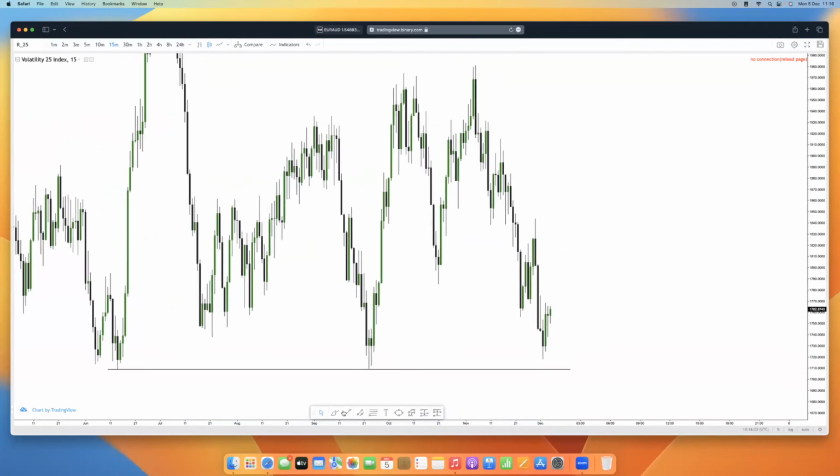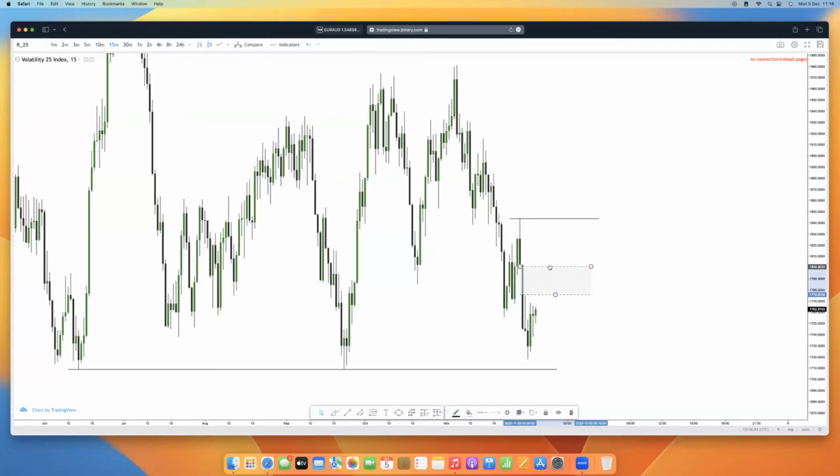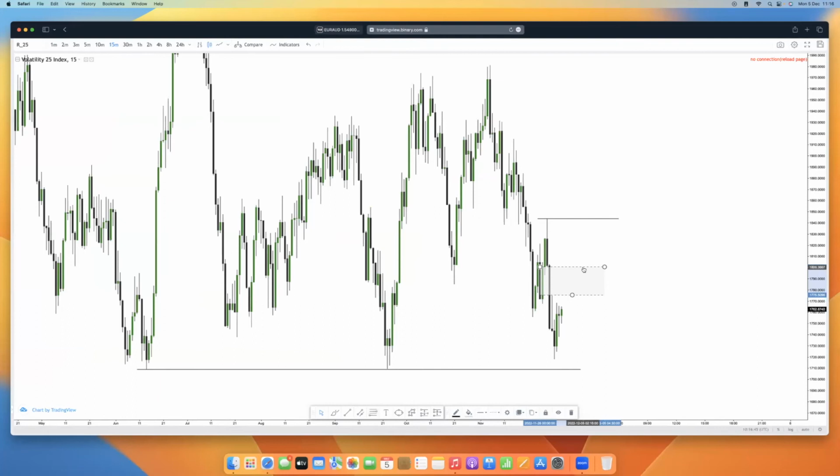And then we have the daily range, as this is the top range on the daily. And then this is the down range we have here. We have liquidity. We have imbalance here. So I'll be anticipating price to buy up into the imbalance, and then we can now anticipate distribution on lower time frames. So just keep an eye on this area.